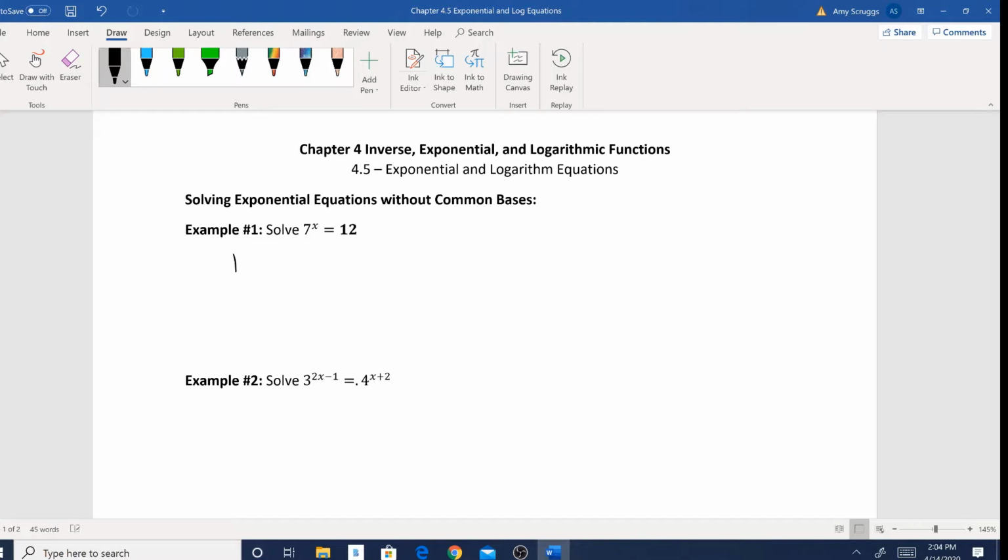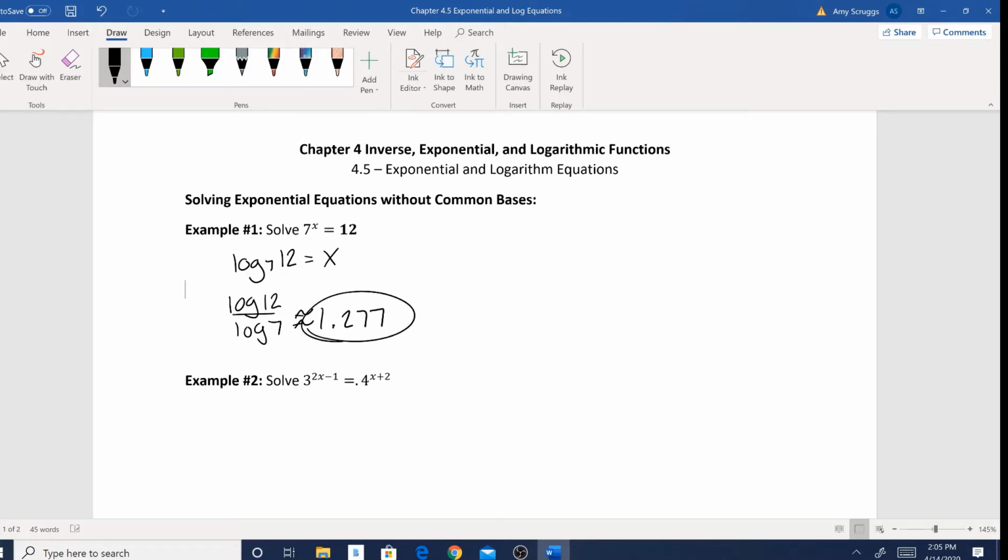So this is the same thing as saying log base 7 of 12 is equal to the exponent, so it's equal to x. And once you get it like this, hopefully you can see the log base 7 of 12 is just a simple change of base formula, or the evaluating of the logs that we did in 4.4. So if we do change of base, that's log 12 divided by log of 7 in the calculator. And for those of you who have the button for the graphing calculator, that should make this easy, but that should give us approximately